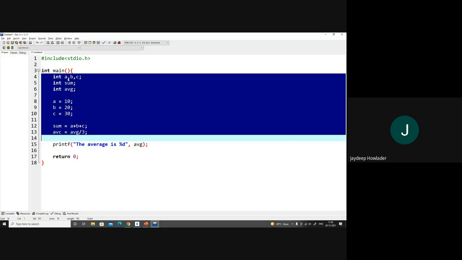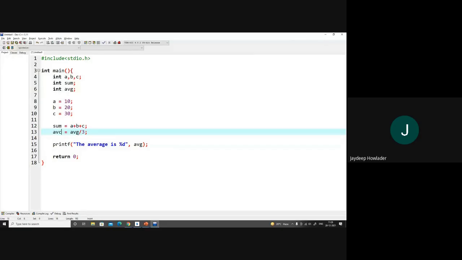I have declared a, b, c as integers, sum as an integer, average is also an integer. Then I initialize the values with 10, 20, and 30. I compute the sum as a plus b plus c, and then I divide by 3 to get the average. Sorry, this is sum.